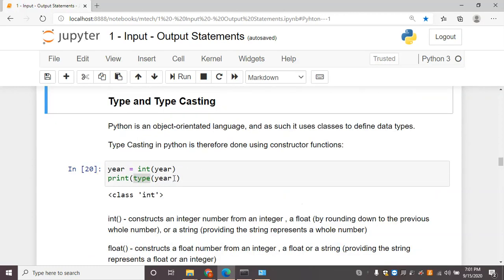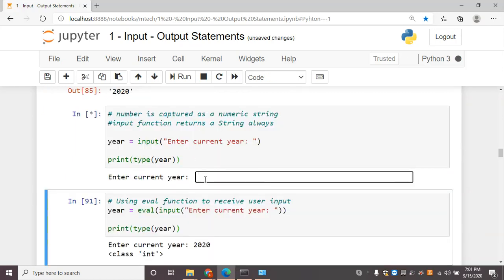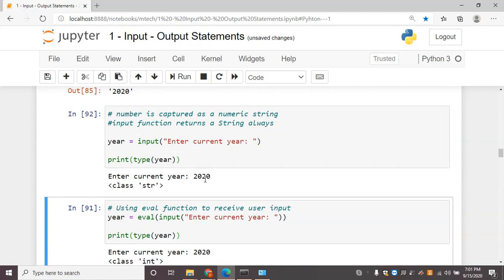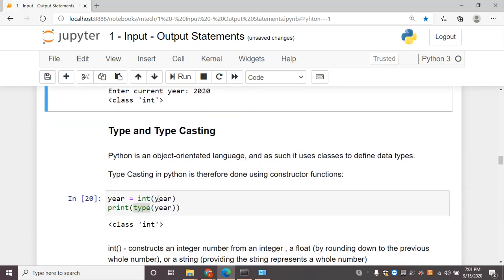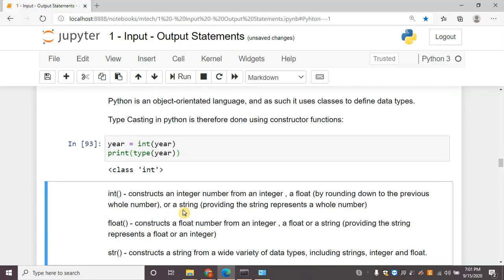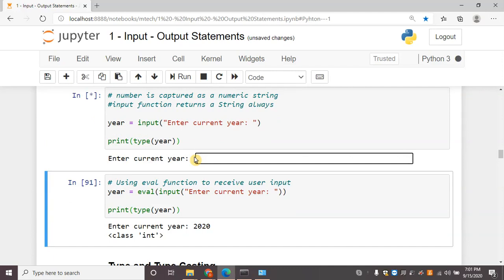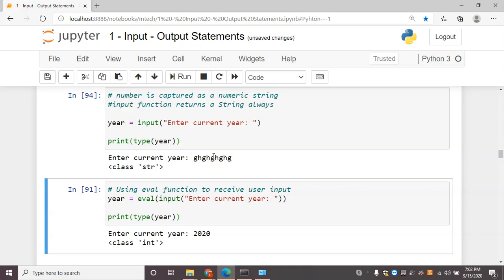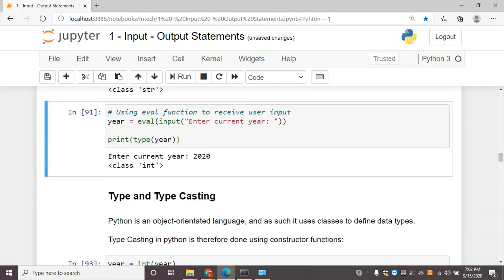So this is typecasting. Before, we got the value of year and stored it in the variable year, and I'm casting the integer type to it. If I get the value of year through this input, the type of the year is string. Now I wanted to cast the integer value to it, so that is why I'm using int of year. Suppose I get a string value here, instead of the integer value. Anyway, it will take it as string only. Whatever input you give, it will take it as string only.